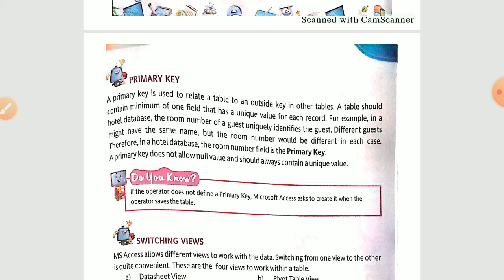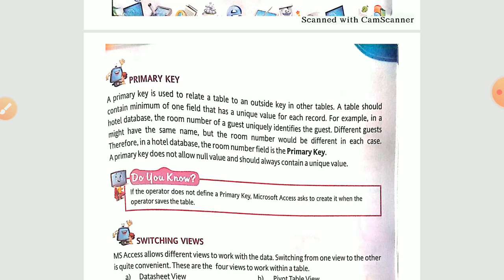You are having, let's say, 50 students in your class, and if I want to call out a particular person, then how am I going to call them out? Because in the class, two or three names could be common, right? So I have to give roll numbers to every person, so that if I just call out roll number 12, then roll number 12 should stand up and come to me, right? So that is how uniquely everything is to be defined. Every person, every data is to be uniquely defined, and that uniqueness we achieve with the help of this primary key. Okay, now I hope you got the concept. Now let's read the paragraph.